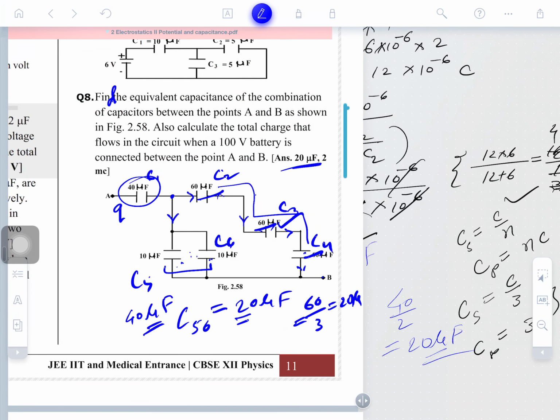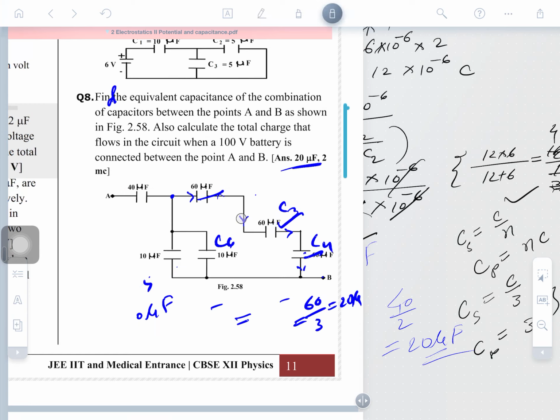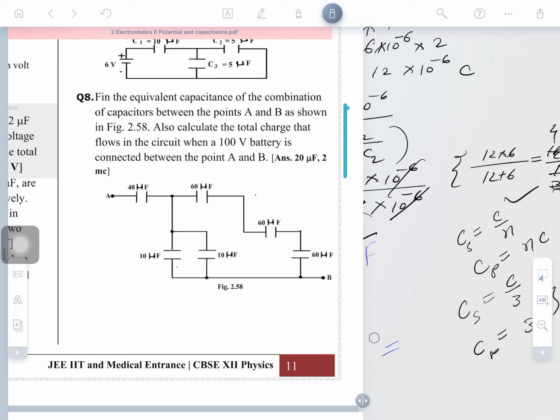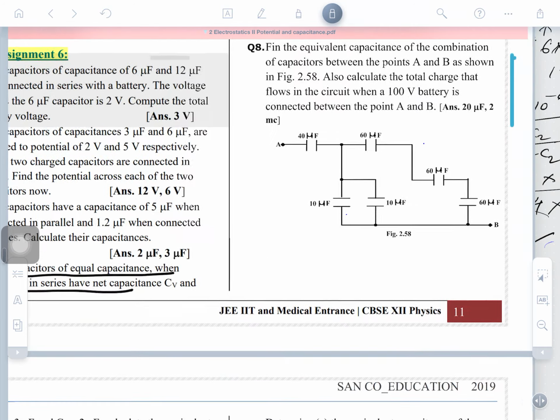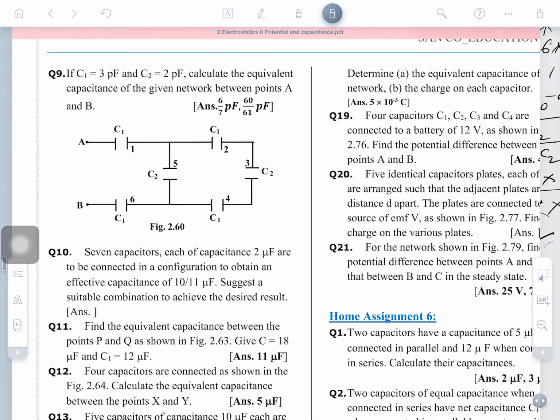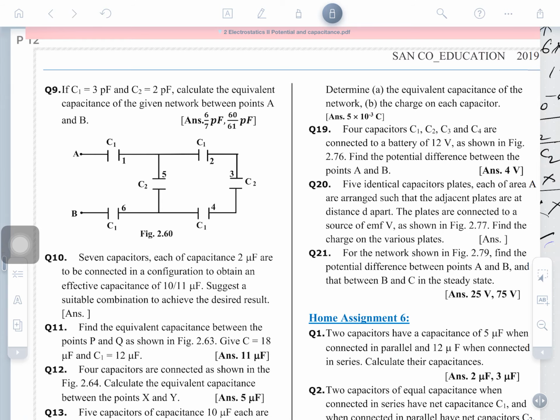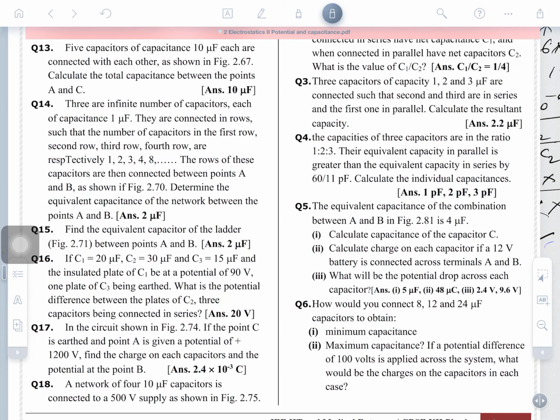Clear? And you can find out the total. Is that clear guys? Well understood? This is a simple type of question. Very simple questions. I have arranged this as an assignment. So we hope we'll solve these questions. Okay guys. Thank you. Have a nice day. For the numerical, this can also be done in the same way. C1 is 3 picofarad, C2, whatsoever is given here.